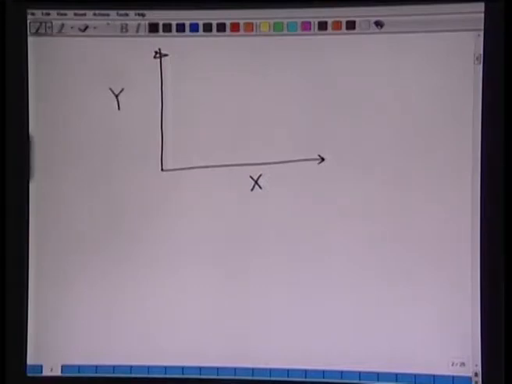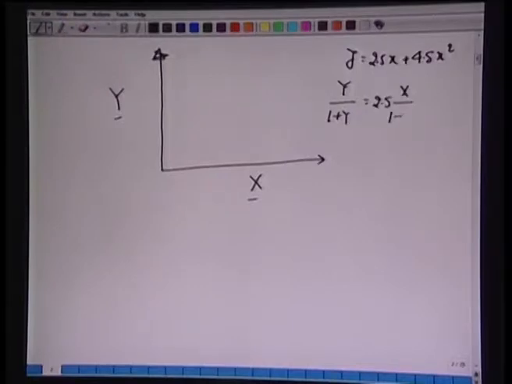All right, that's the way we have been working, doing the calculation on a solute free basis. So if we have the equilibrium curve given as small y equals 2.5x plus 4.5x squared, we can write it as y over (1 plus y) equals 2.5 capital X over (1 plus X) plus 4.5 times (X over (1 plus X)) squared. If you recall, in all the previous lectures, we said that all the problems of absorption can be done graphically, or one can solve analytically.